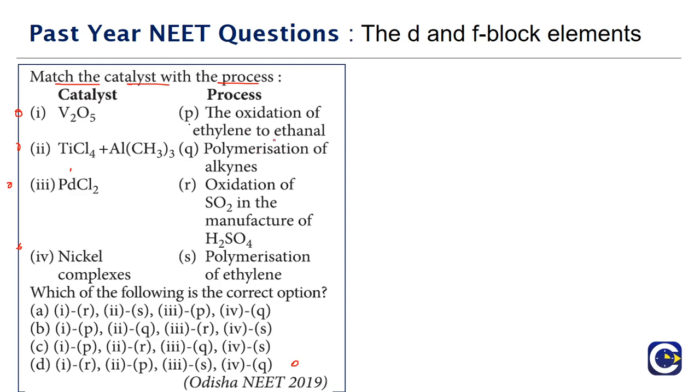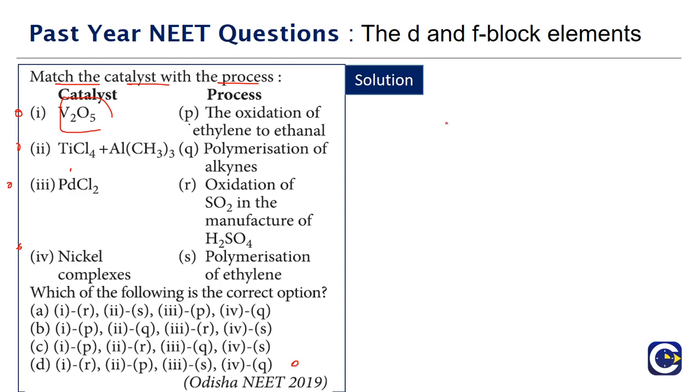Now when we have these matching kind of questions, there will be some opportunity for us to get the correct answer even if we are not able to match all the options, because if we are able to at least match some of these, then maybe we will be able to eliminate the options that are incorrect. So I will explain this by taking this particular problem itself. First we will start with V2O5. At least some of these we should be aware of, then only we will be able to get the correct answer for these match kind of questions.